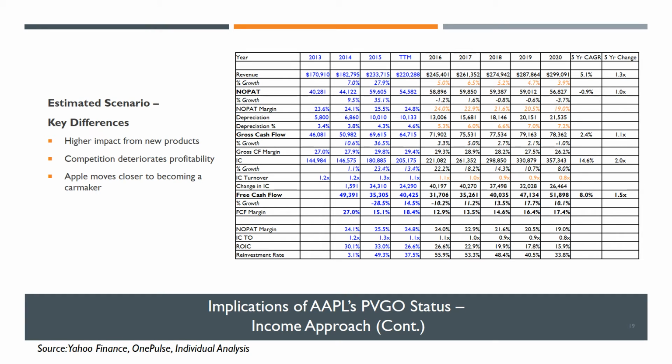Let's look at the scenario where we instead believe equity research analysts at this 8% growth rate over the next 5 years, long term. And we make some changes. First and foremost, there's a little bit of a higher impact from the new products. Not too much of a higher impact. It is tough to grow revenues when you're starting at around 220 billion. I mean that sounds almost impossible to me. But hey, you gotta grow them somehow, and Apple has shown an ability to do so. I still, because of a more mature phase, I still don't believe they'll grow too fast, but maybe slightly